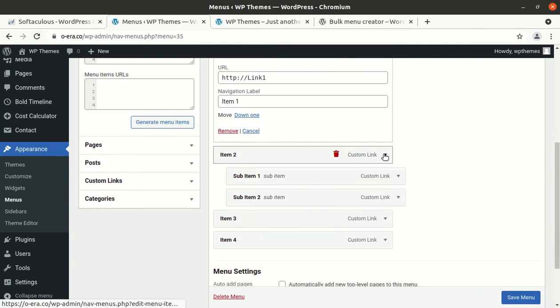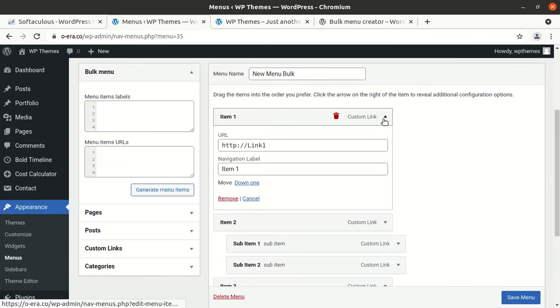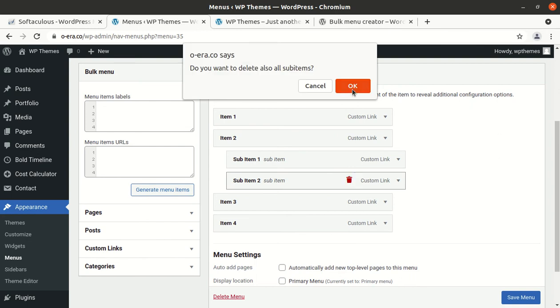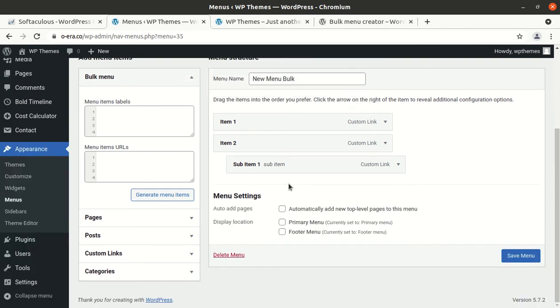So this plugin also gives you ease. If you simply want to delete any particular item, you can click on this delete icon, and I am just deleting sub item 2. Okay, and it is simply deleted.